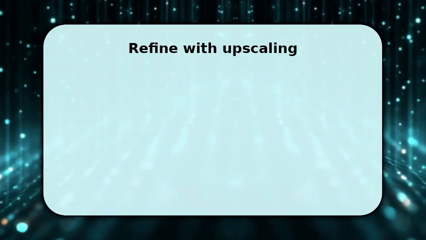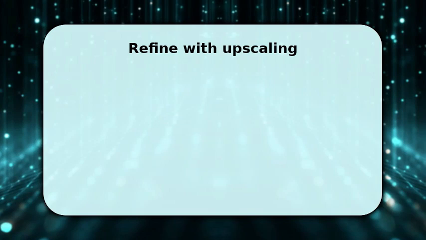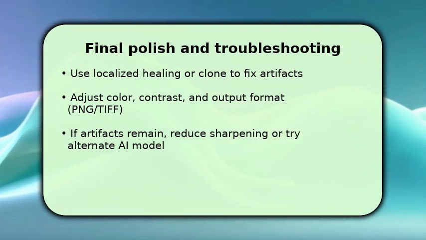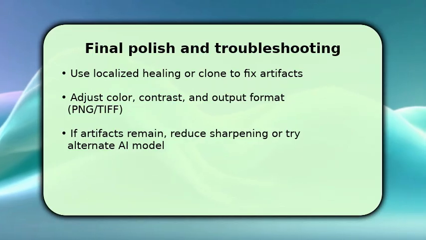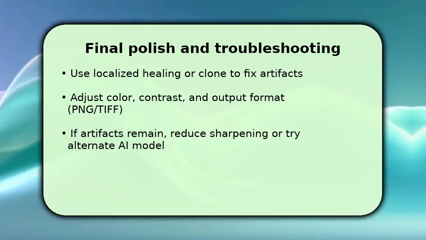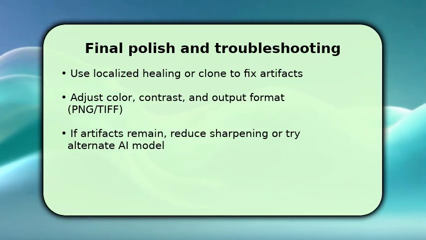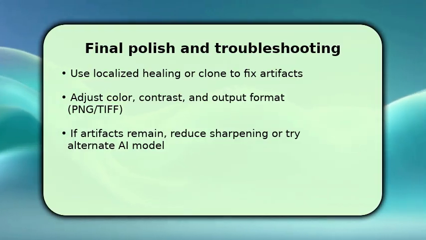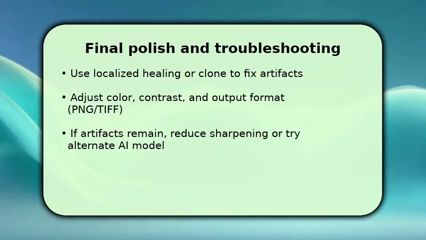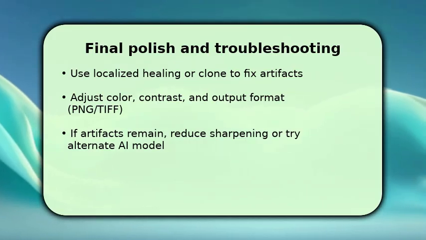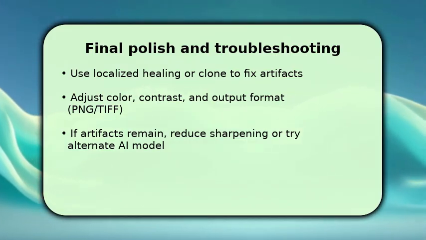You finish by doing local touch-ups. Use healing or clone tools to remove residual blocky artifacts and smooth transitions. Then balance color and contrast to make reconstructed detail look natural, and export as PNG or TIFF for minimal compression. If you still see halos or strange textures, step back and reduce sharpening or try a different AI model or denoise strength. Sometimes a milder approach yields better realism. If processing fails, restart the app and